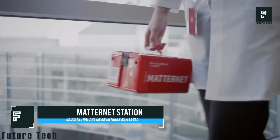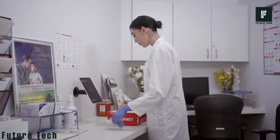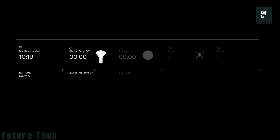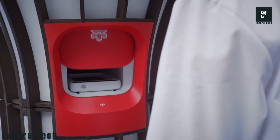Matternet Station. The Matternet Station is a brand new form of medical equipment that can help you get results for important tests in as little as a few minutes, rather than waiting hours or days. Though, contrary to what you may think, this is a drone delivery system rather than a new form of testing